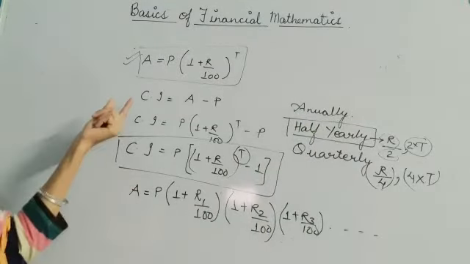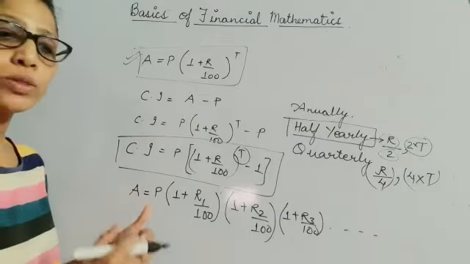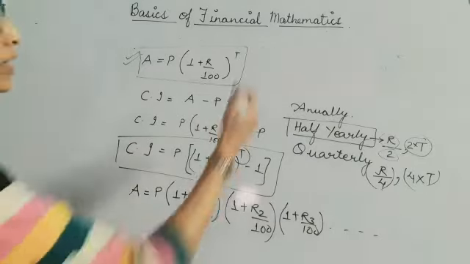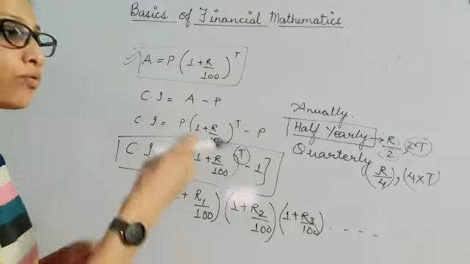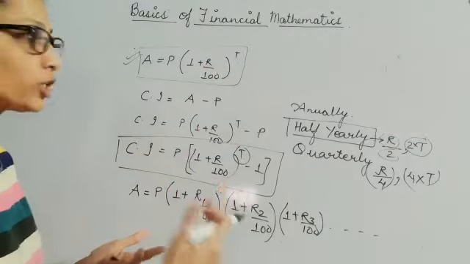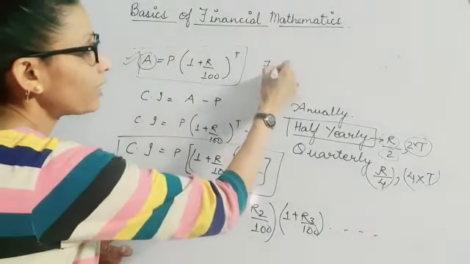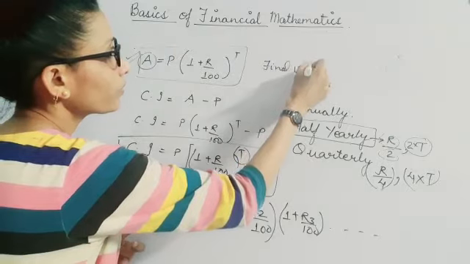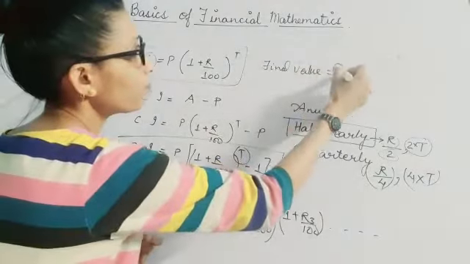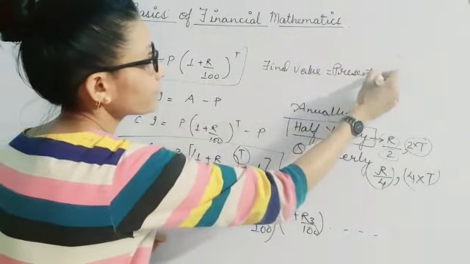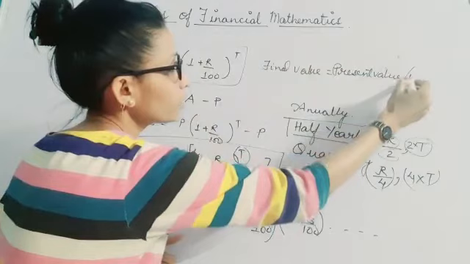Now this formula is also applied for finding out the present worth or present value. Like if you want to find out the present or the final value of your scooter or any machine, then this amount will be considered as the final value and this principal will be considered as the present value. The rest of the things will come out to be the same.